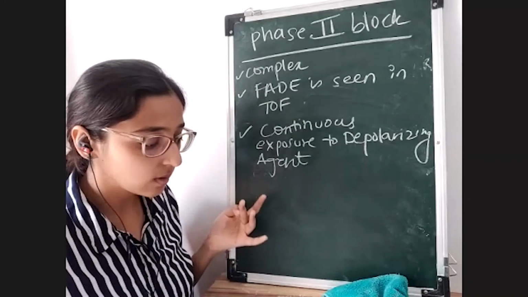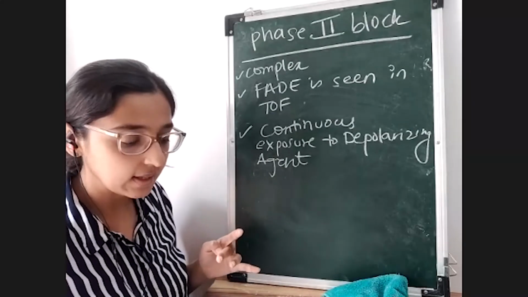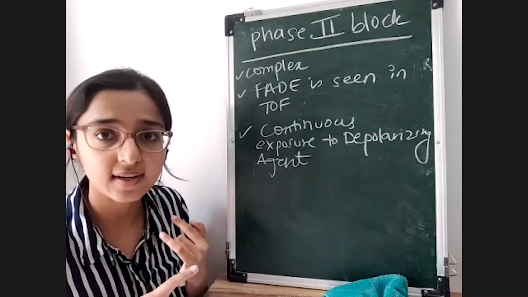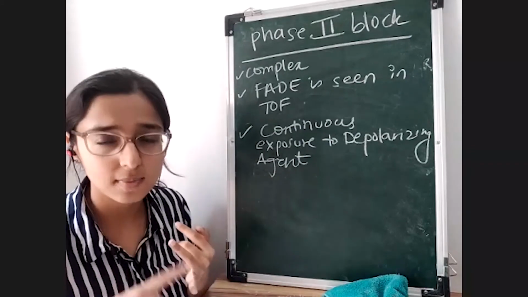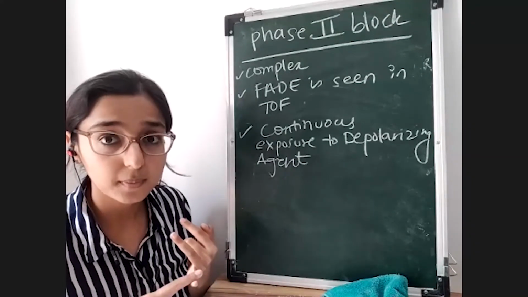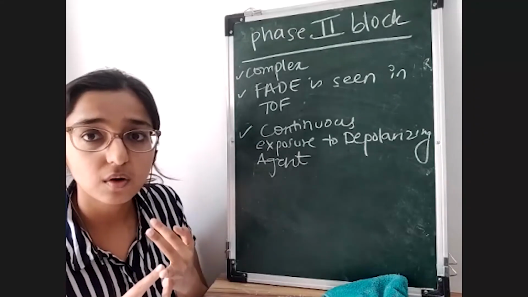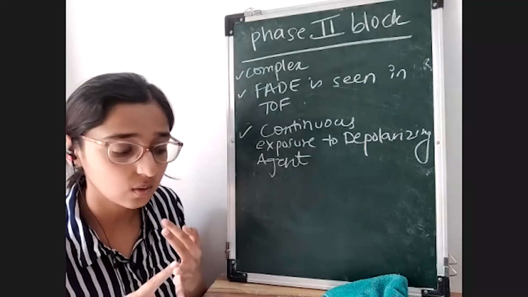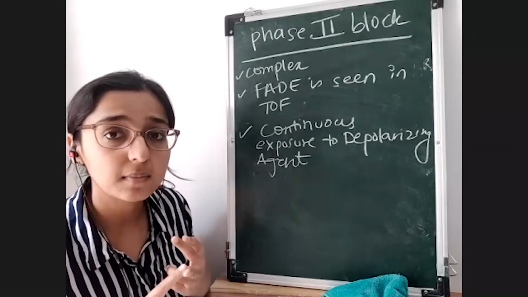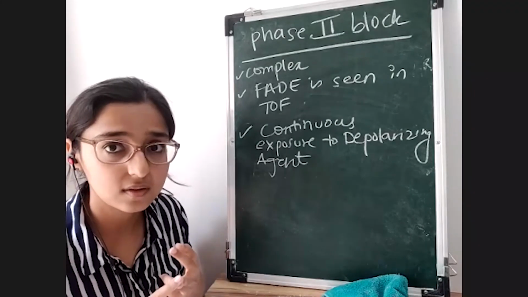All right. Now, why is that fade seen? There are some reasons that have been provided. One is that succinylcholine goes and interacts with the acetylcholine receptors located in the nerve endings. Just to not get confused, I'm mentioning that there are acetylcholine receptors located at the nerve endings, and that is where probably the relaxant is binding. All right. Because you're giving such a long duration of depolarizing agent, there is repeated opening of the channels, okay? A lot of influx and efflux of ions happening. So that is one of the causes. There's also such a great amount of influx of calcium that calcium can cause destruction of the muscle end plate region. All right. So that could be one of the reasons for getting this fade.